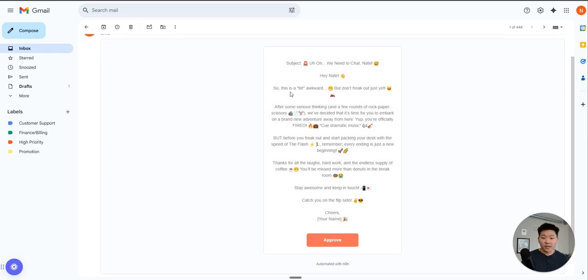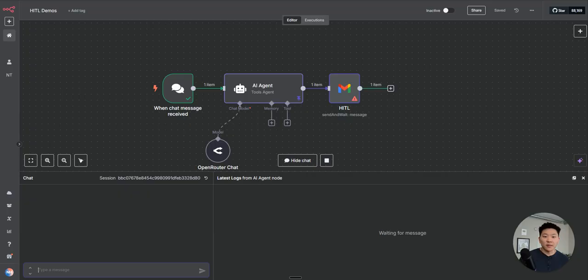Hey Nate, bit awkward. There's a lot of emojis here. Anyways, so you can see we have the option to approve, and that's it. So if we didn't like it, we would probably just have to ignore it because then the node would eventually time out. But if I hit approve and come back into the workflow,